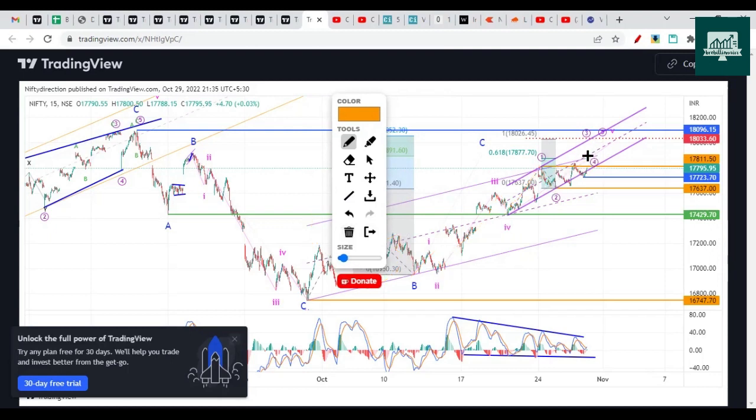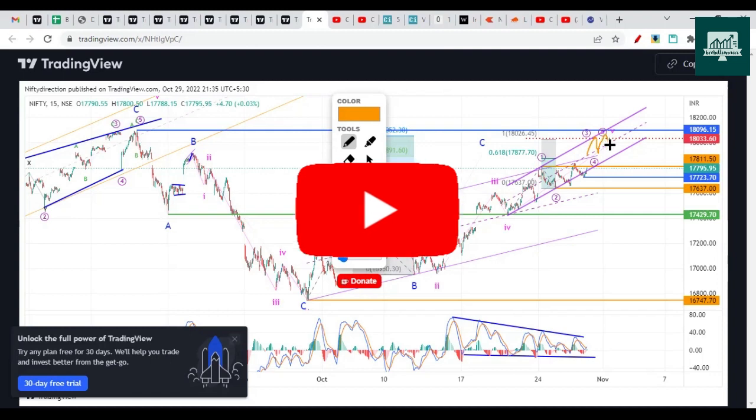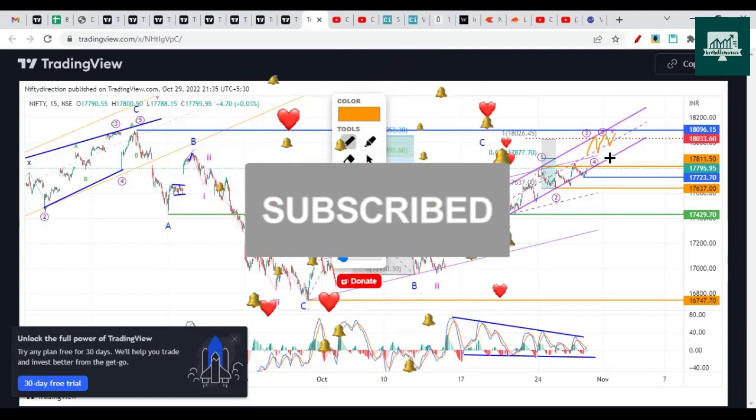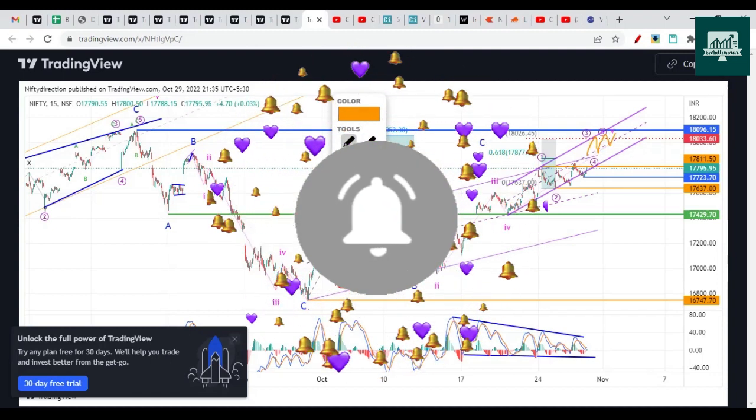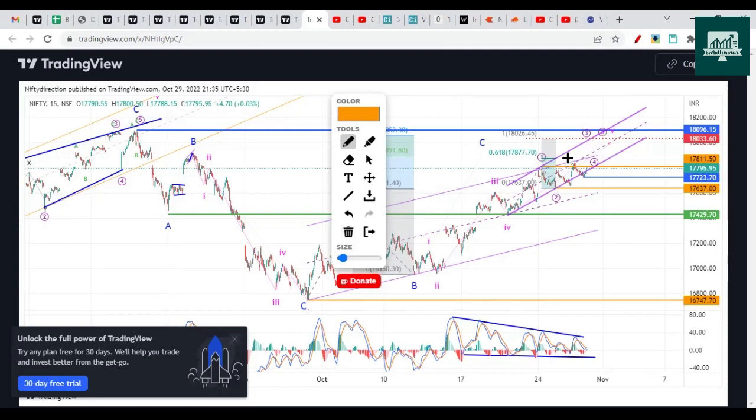As I said, 1, 2, 3, 4, and 5; we can see 5 swings. They can be very small swings. So this will be wave 1, 2, wave 1, 2, then 3, 4, 5, 3, 4, 5. Like that, we can have a total of 5 swings going on the upside.